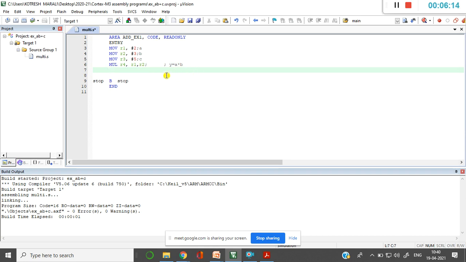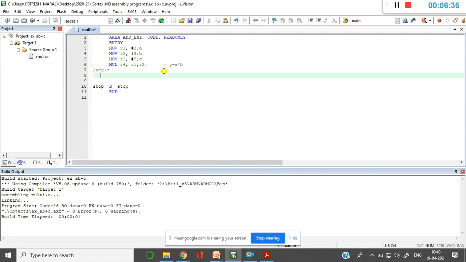I need to perform the addition, right? So here, the multiplied value of A and B, which is already stored in Y, I can call this again y equal to y plus c, right?